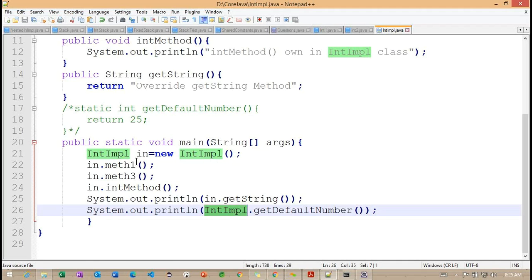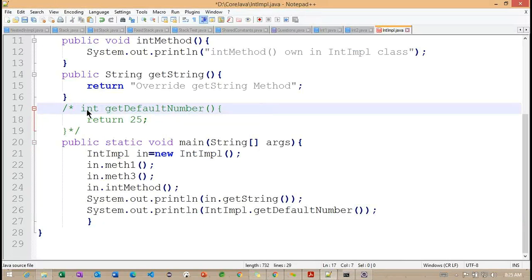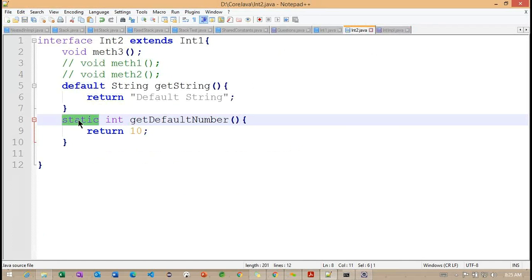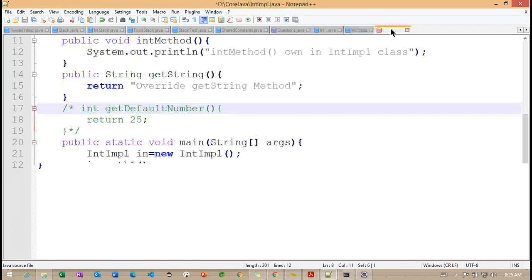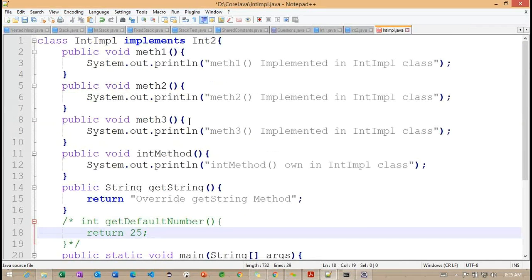Yes. So basically, the default methods are going to be accessed with the help of the object reference, but the static method we are going to work with without any object creation. Directly we can work with class references or interface references. So if I remove this, again it will become a normal method. Basically, we are discussing the static method here. The same behavior we need to implement in our implementation class.